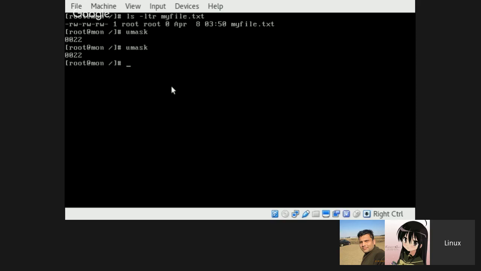At the moment, it's 0022, which means 0777 minus 0022 will result in 0755, which means read, write, execute for the owner, then read and execute for group, and read and execute for others. Why? Because 5 means 4 plus 1 is 5, which means if you go back to our previous